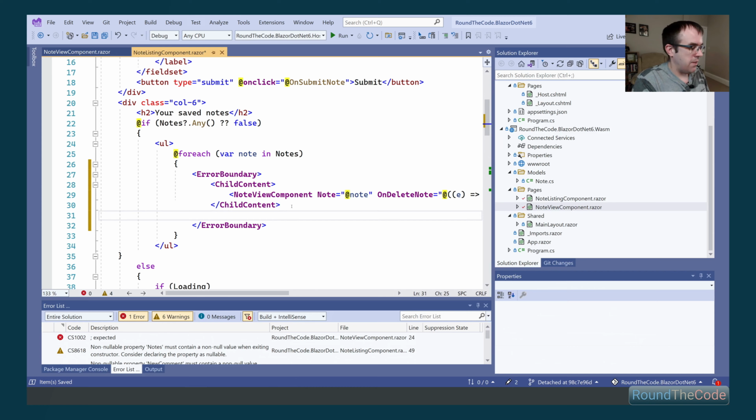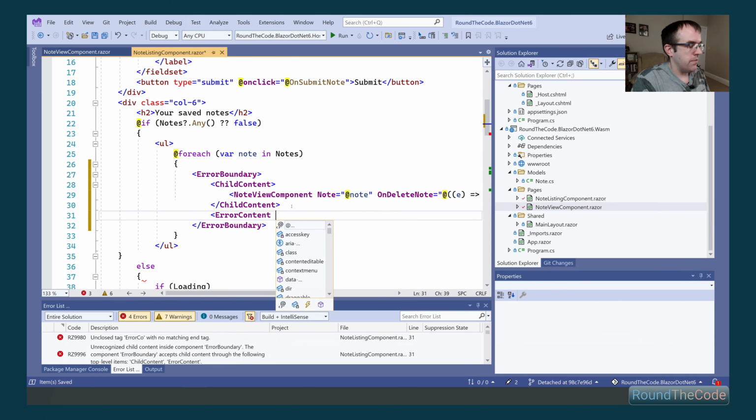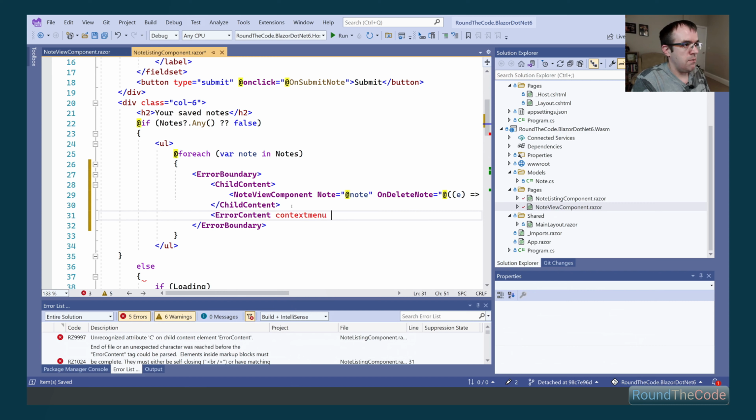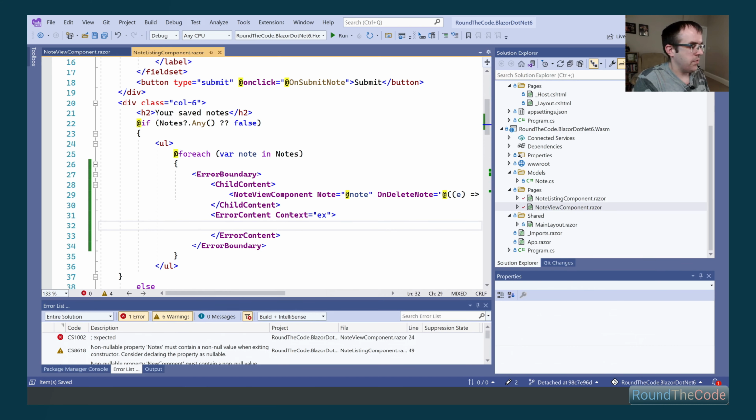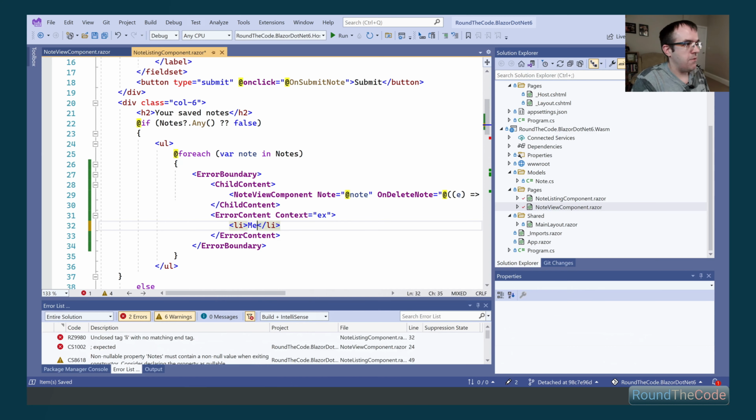However, if there is an exception, then we can call our error content, and we can also pass in a customizable context parameter, and that will carry our exception. Then from there, we can just customize our error message for it.